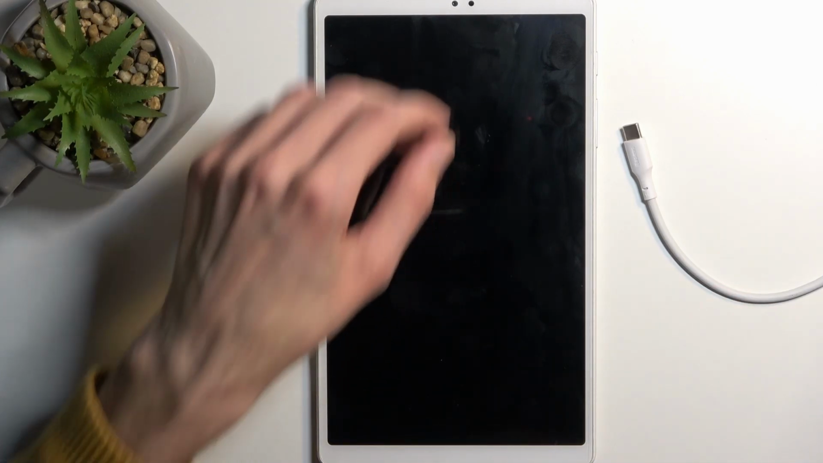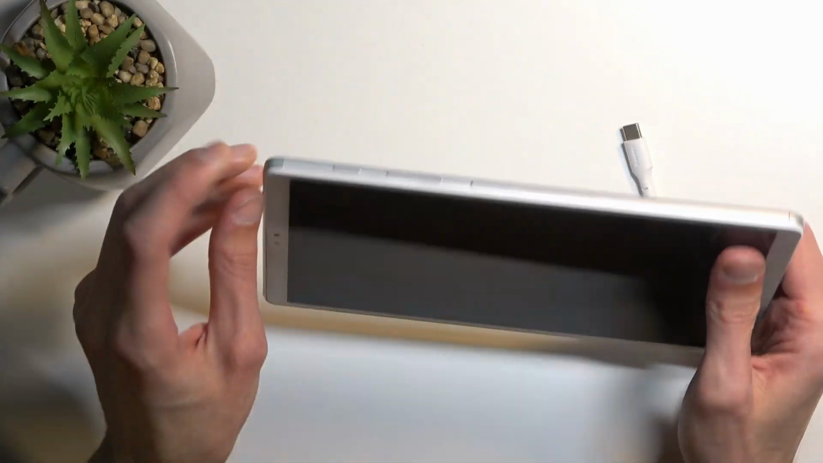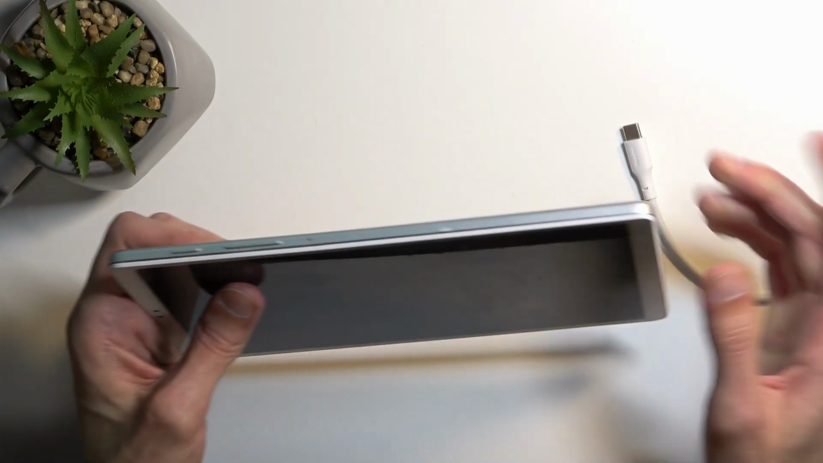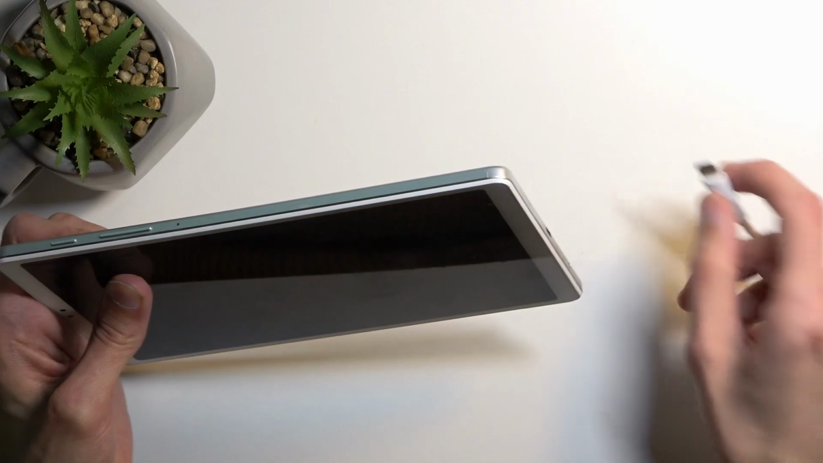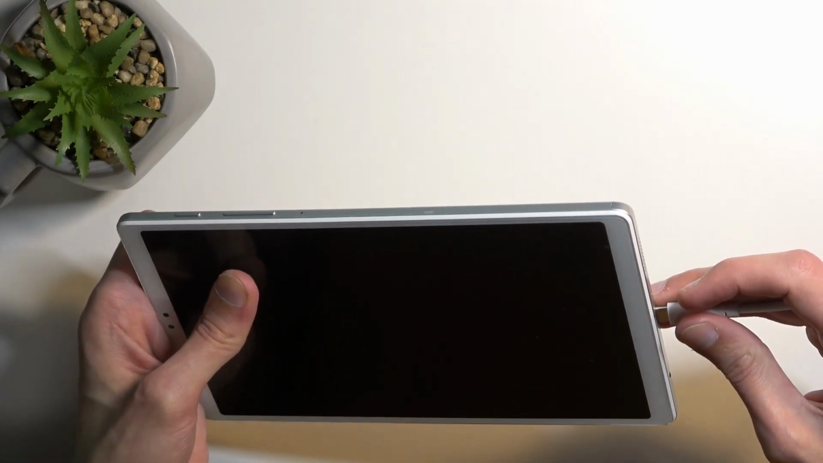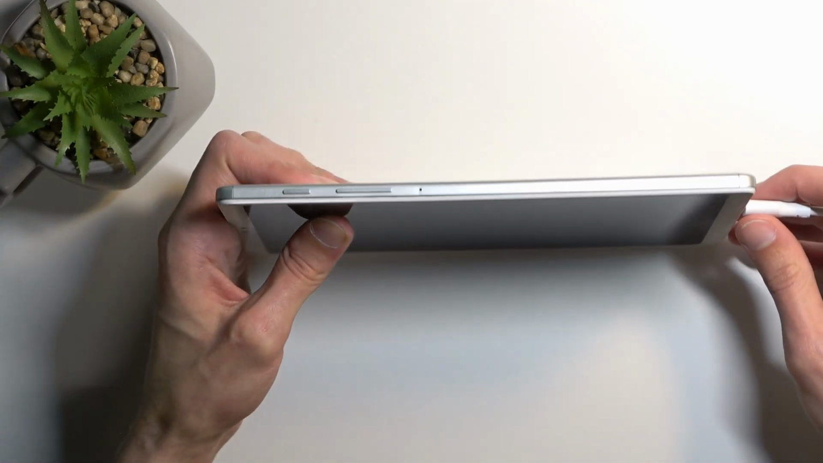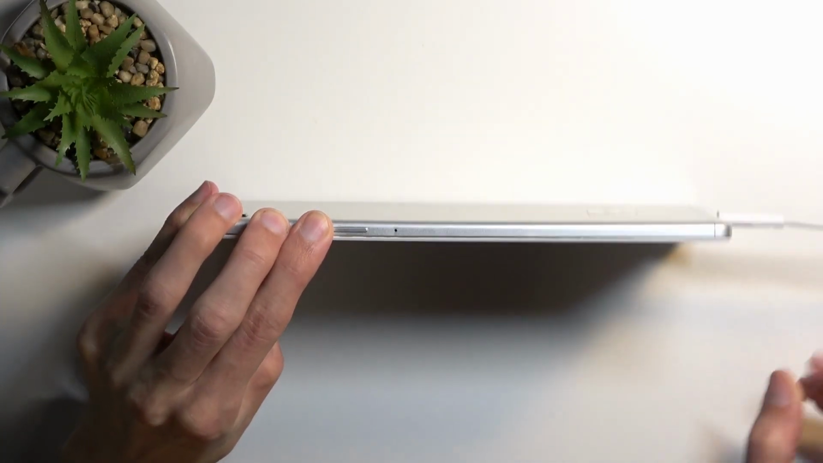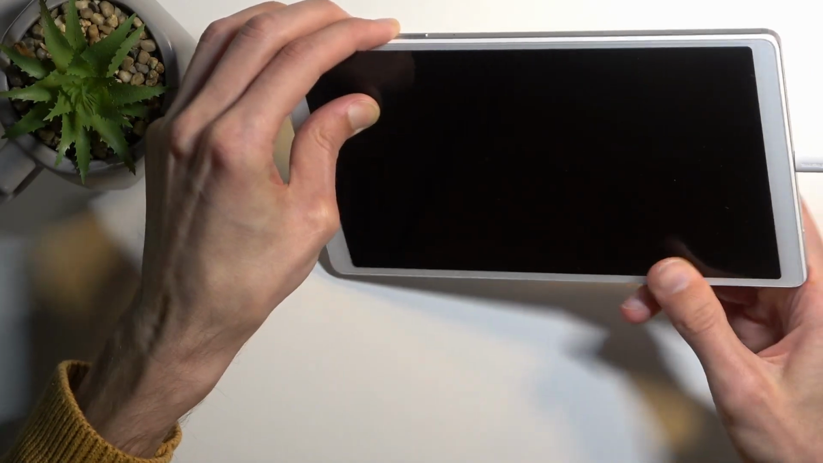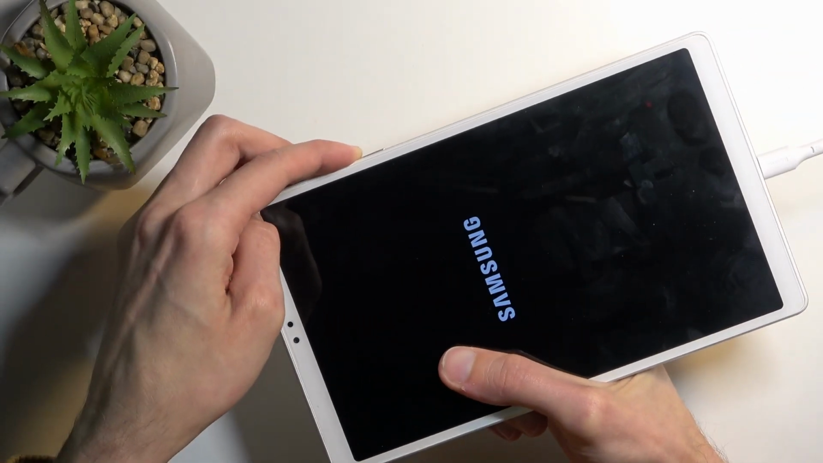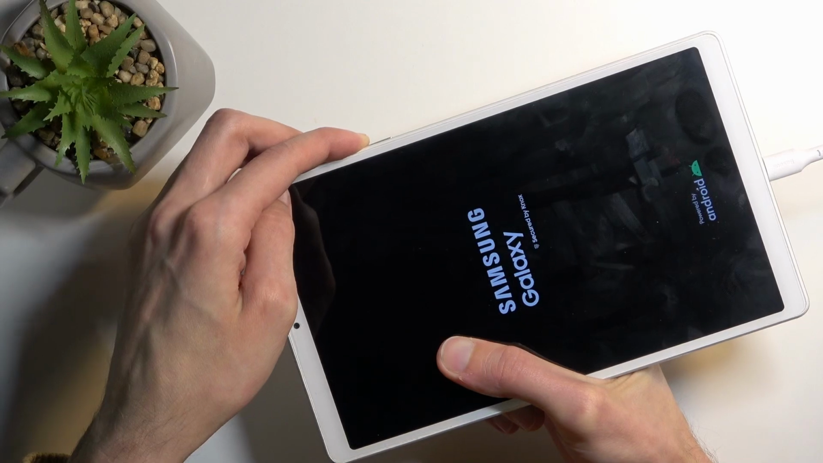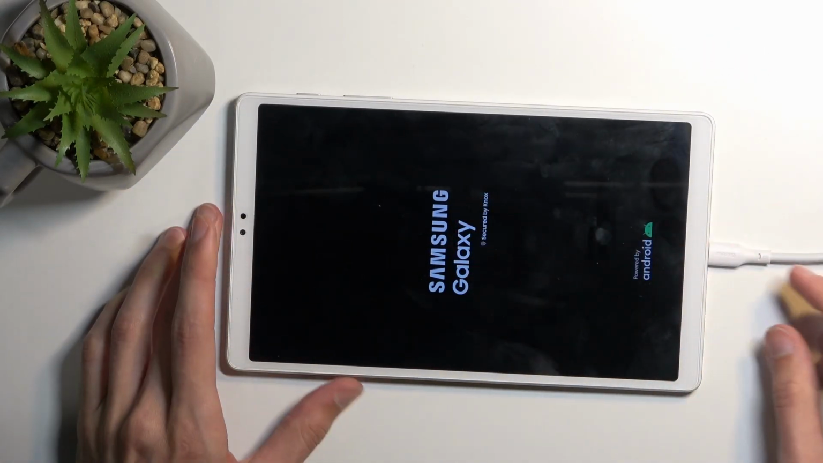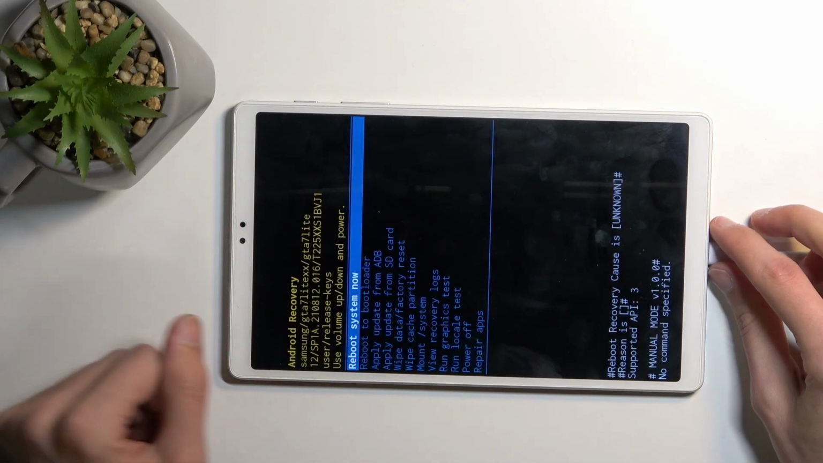Now once the tablet turns off, you will want to hold power key and volume up at the same time once you plug it in. So you first want to plug it in, and once you do so, immediately start holding the keys. Plugged in, hold. You'll see that in a second it will show up with Samsung and then Samsung Galaxy. There we go. Once it shows up with the Galaxy writing as well, you can let go of the keys